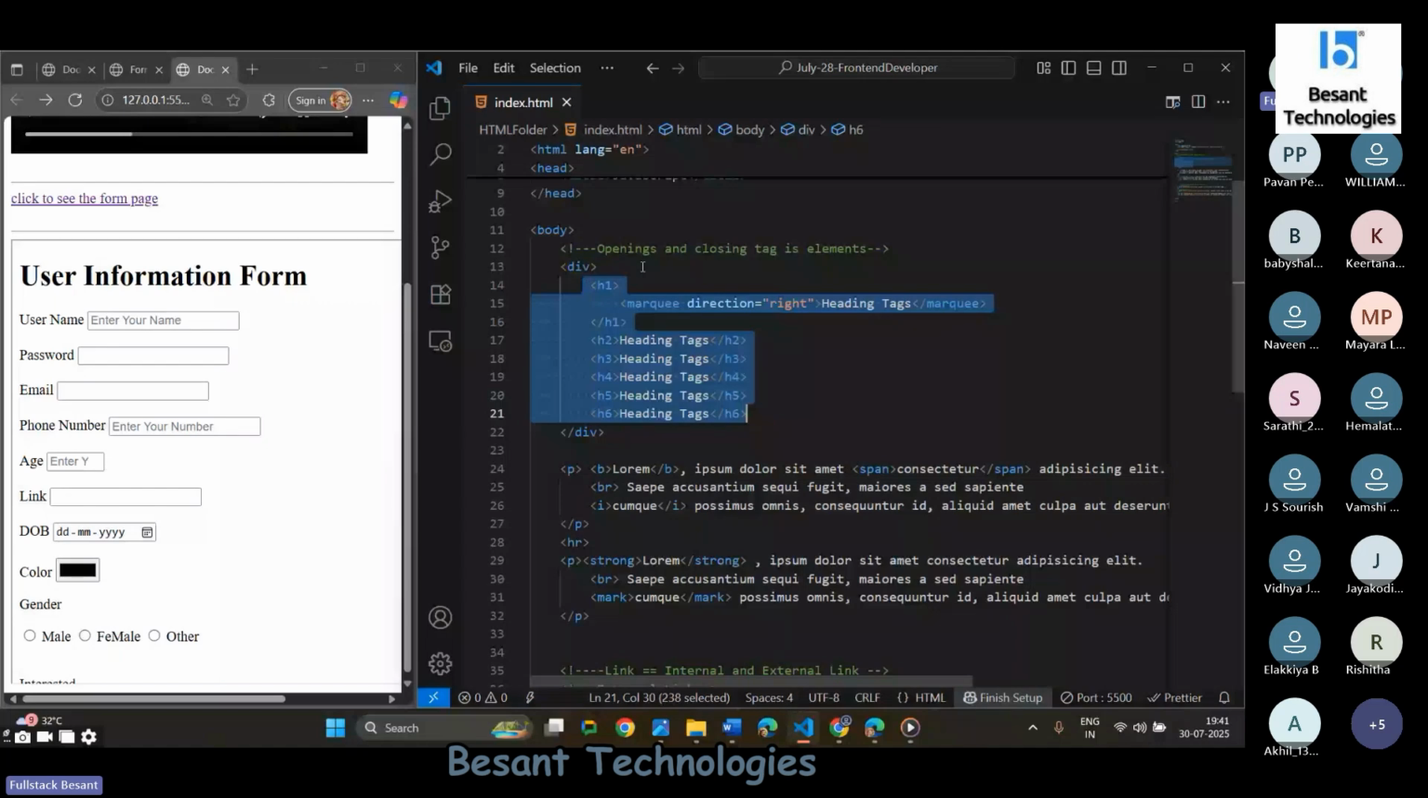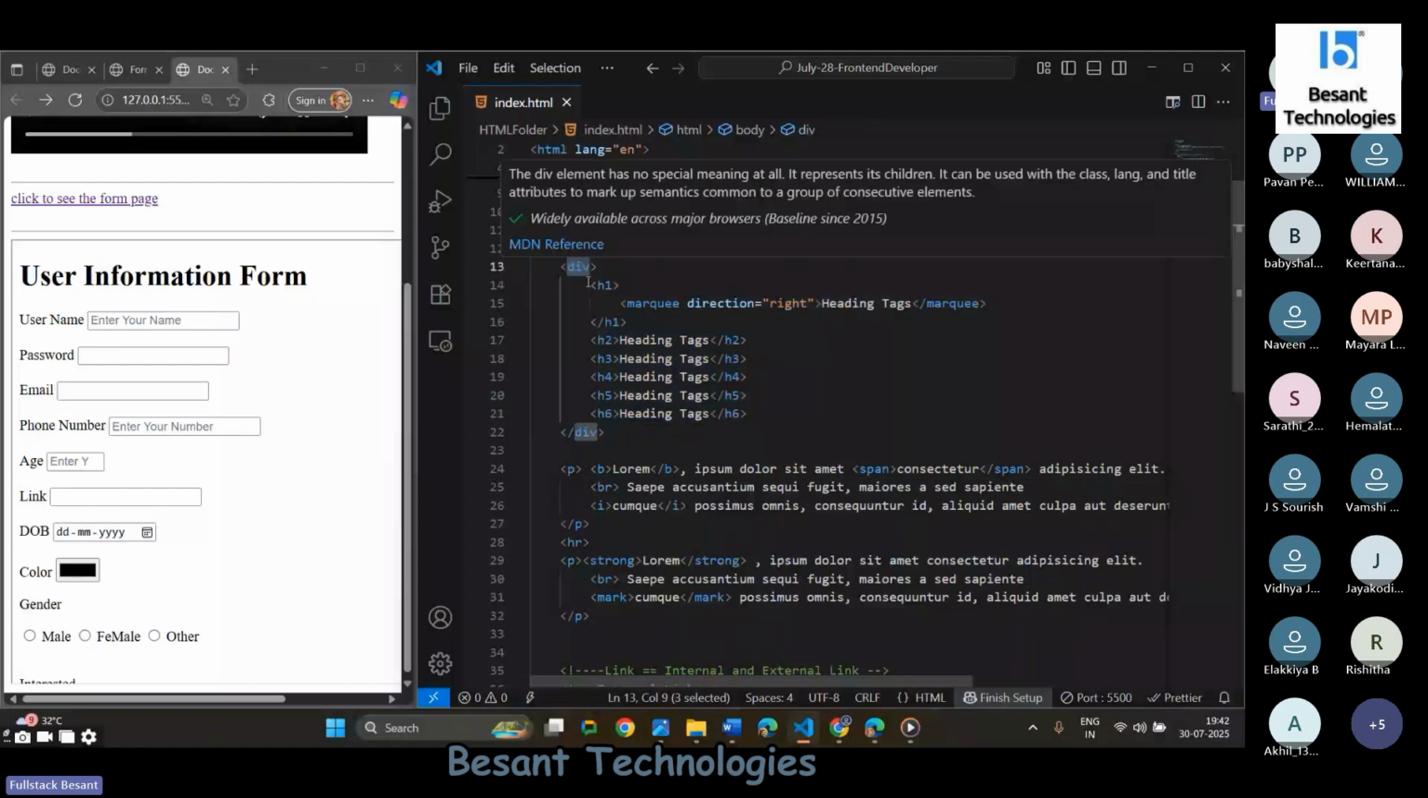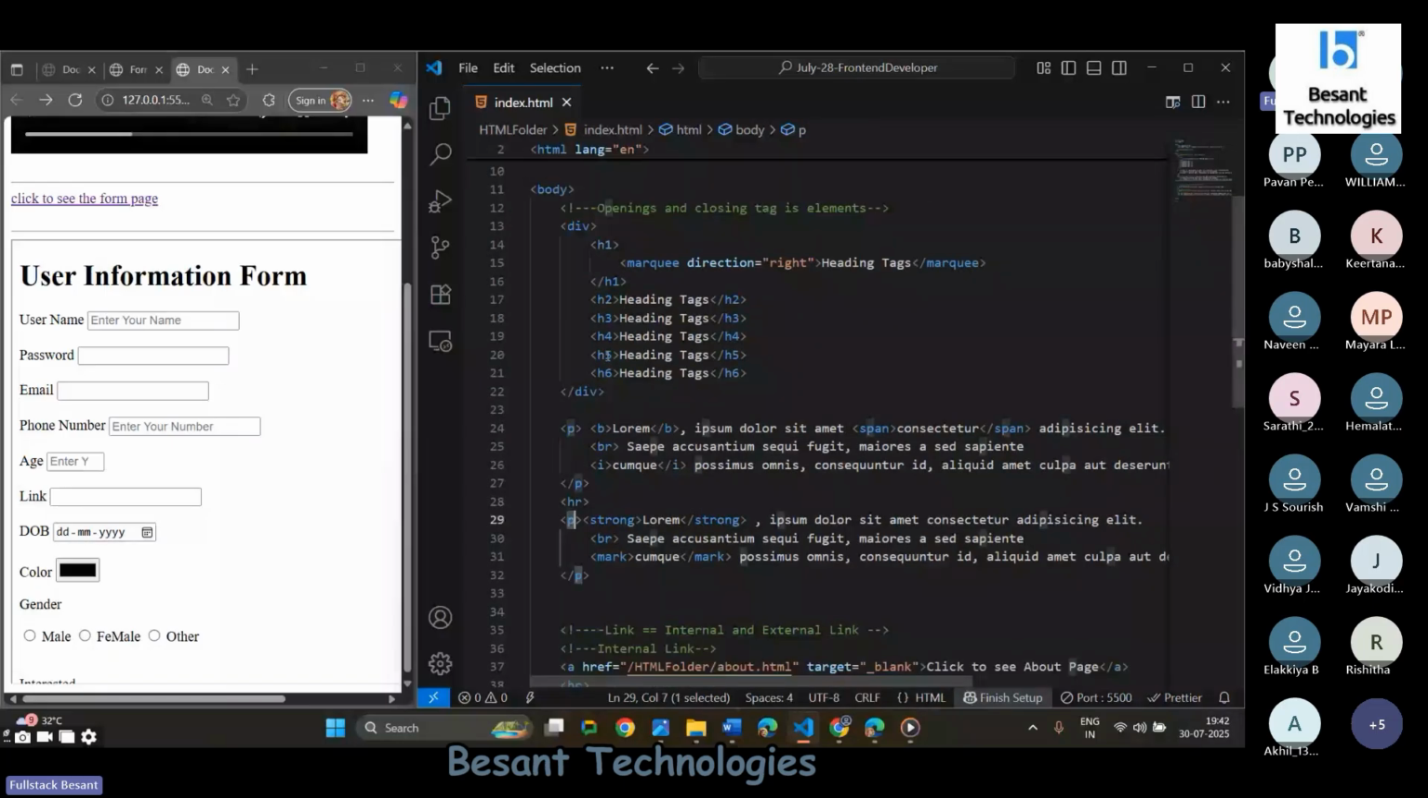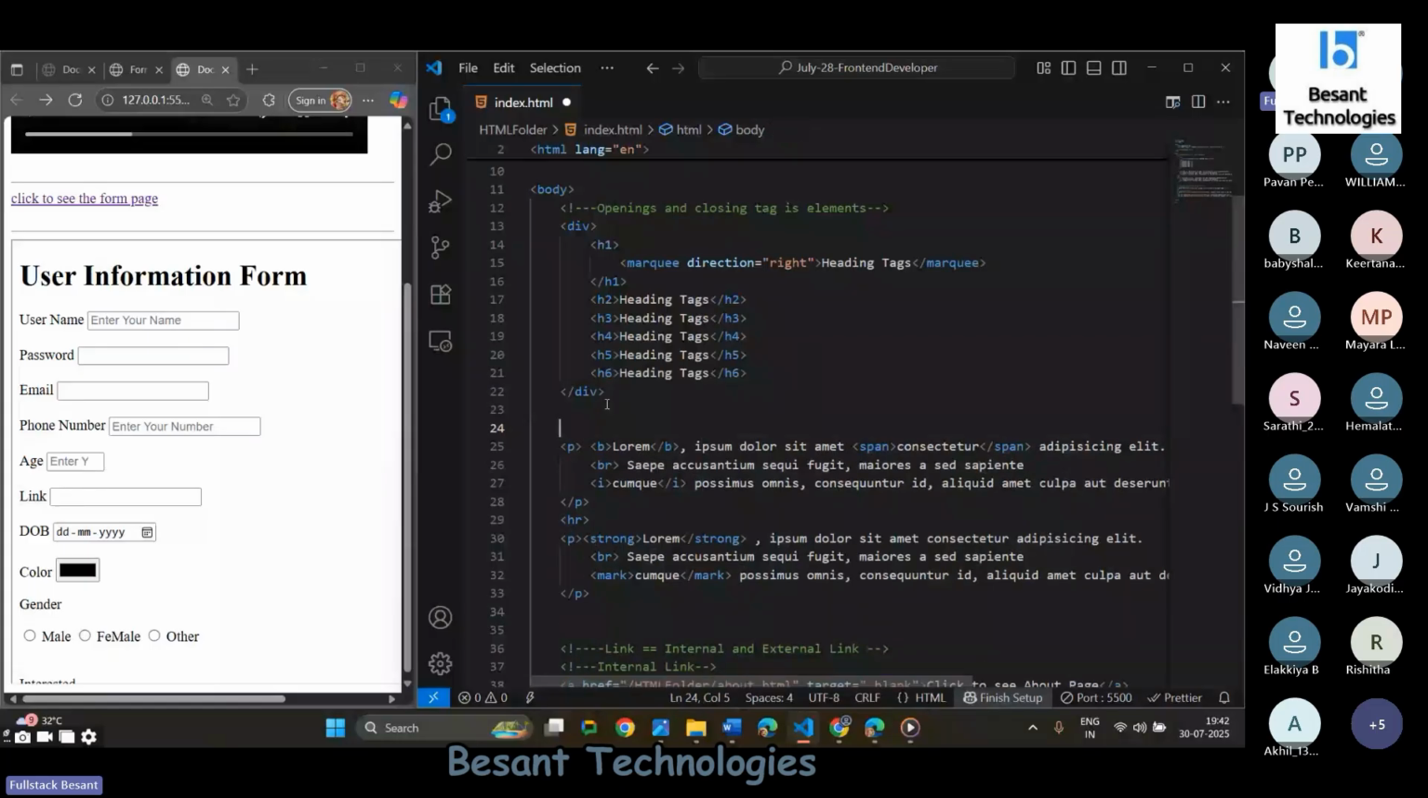Suppose here we have a paragraph tag, and here also we have a paragraph tag. Again, for the heading tag I want to make a blue color, and for the paragraph tags I want to make a red color, so both paragraph tags should be red. Here also you can call the div tag, and inside a div tag,